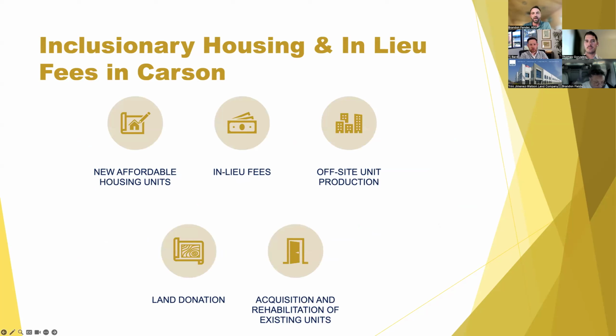This slide illustrates how inclusionary housing will be visible, essentially, in Carson. So first, we've mentioned the new affordable housing units that will be built. Those are the inclusionary units, also known as the on-site unit production requirement. So those will be mixed into new market rate developments. So a new market rate development will have some proportion of their units set aside for low-income families. This, again, meets general plan goals, the city's goals and policies of integrating affordability and affordable units into new developments, and promotes mixed income neighborhoods.